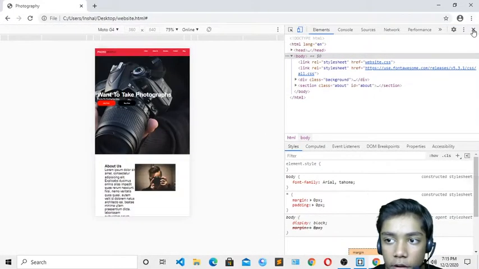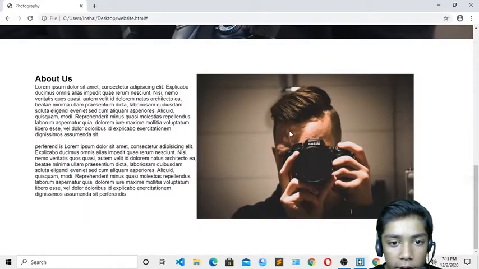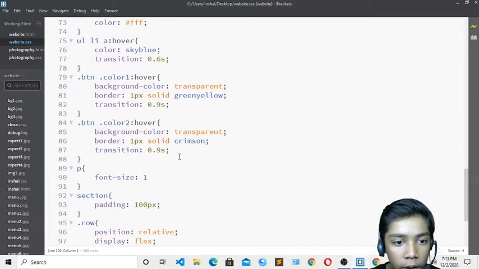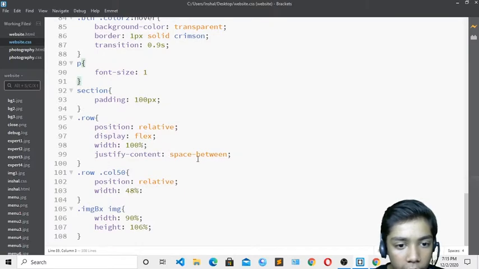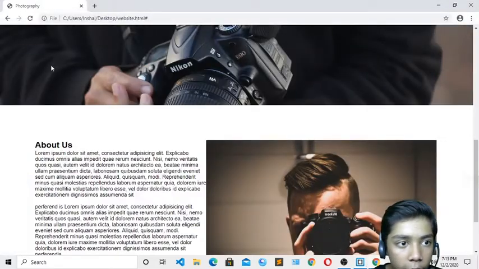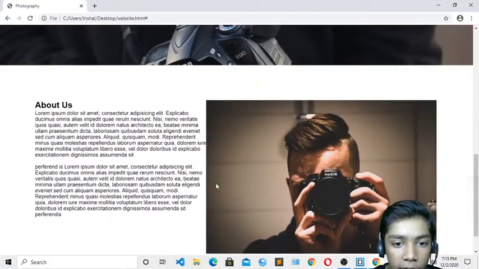I will close that. Now I will come over here, where we have also written justify-content space-between, and I have written the width of 100% over here. If I change it to 106%, save over here, and hit refresh, you can see it is looking like that.